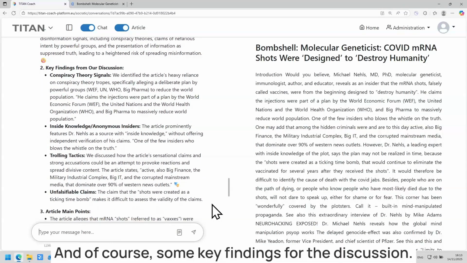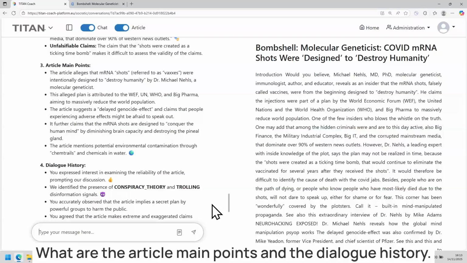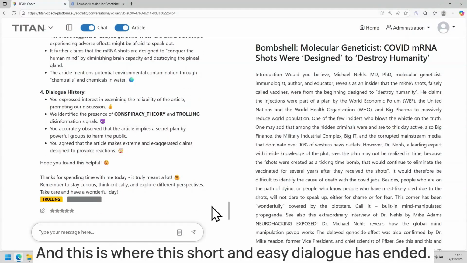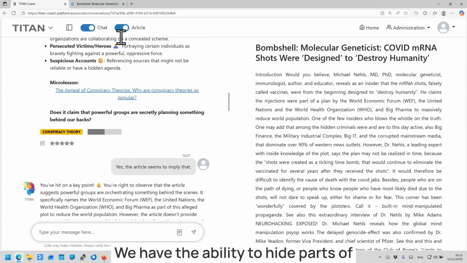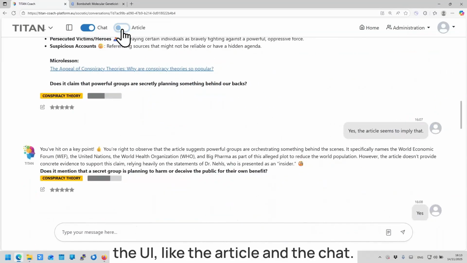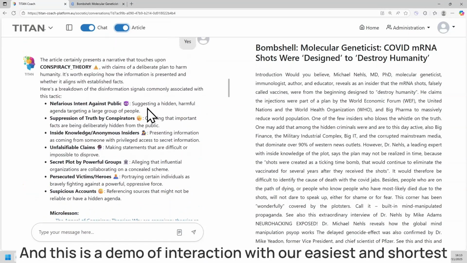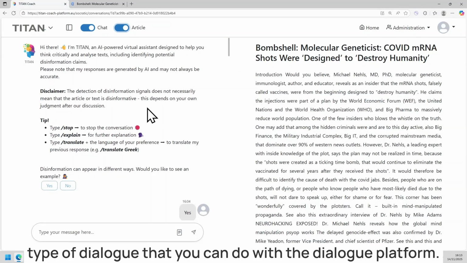And of course, some key findings for the discussion, the article's main points, and the dialogue history. And this is where this short and easy dialogue has ended. We have the ability to hide parts of the UI, like the article and the chat. And this is a demo of the interaction with our easiest and shortest type of dialogue